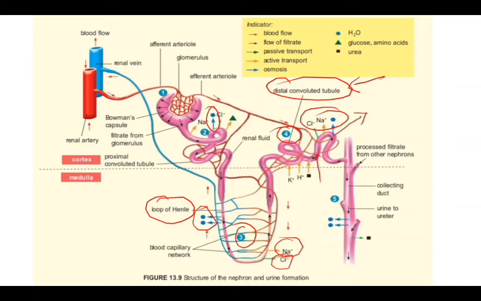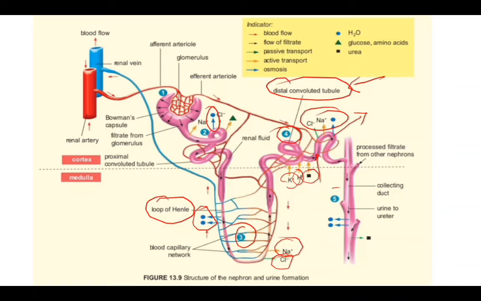Okay, secretion occurs along the renal tubule and collecting duct, but is most active at the distal convoluted tubule. Secretion occurs through simple diffusion and active transport. Substances that are secreted include, okay, di sini kita ada, what is this? Potassium ion, hydrogen ion, urea, okay, apa lagi? Toxic substances and other drugs. So secretion gets rid of toxic wastes and helps to regulate the levels of ion in the blood.